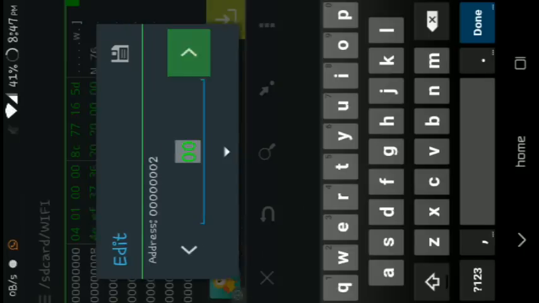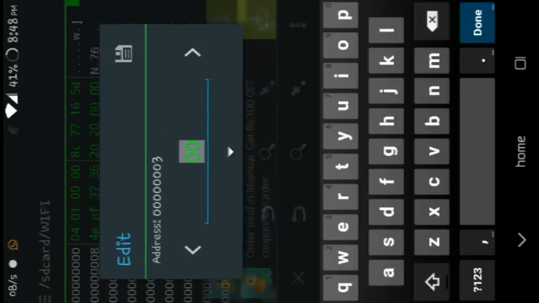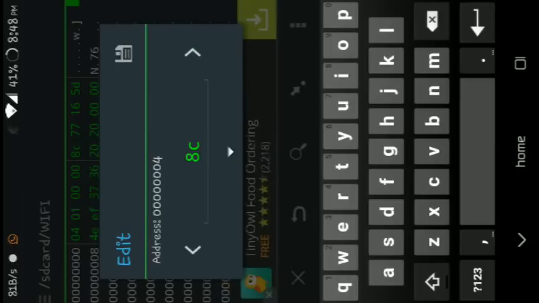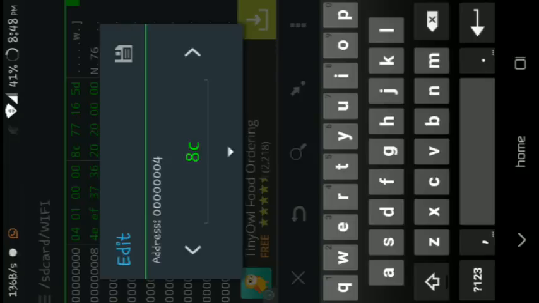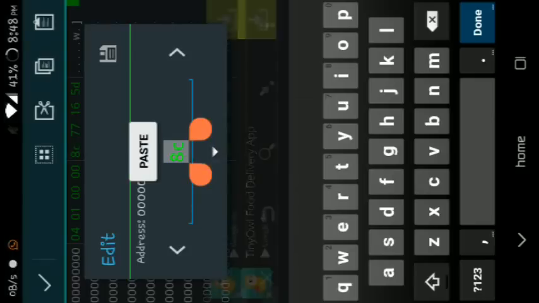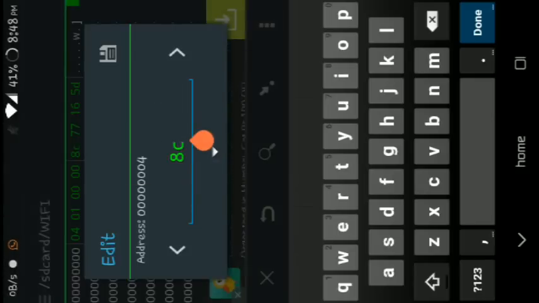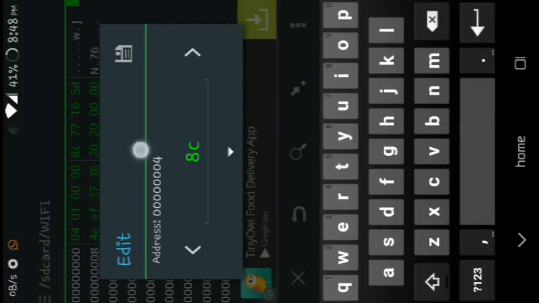It's 1 now. Then here is 2. Then 3. Then 4. See the fourth. The fourth one means that your MAC address has started. From the fourth number your MAC address starts. So whatever your original MAC address is, you can see that from a different ROM, from your stock ROM, or you would know it from your guide or something else.